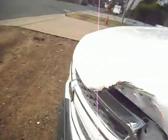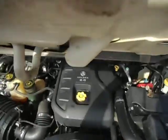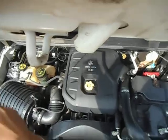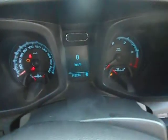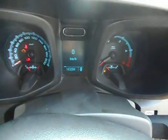I'll get the bonnet up for you. We'll go back and get a compliance plate here. There we go. There's one. Get the bonnet up. Get the main joint. There's another plate. Read that one. Start him up. There we are, 143,294 kilometres,